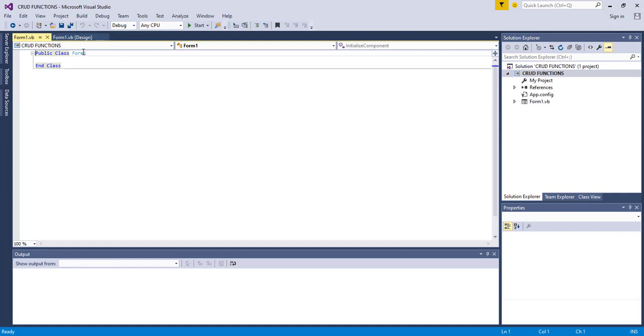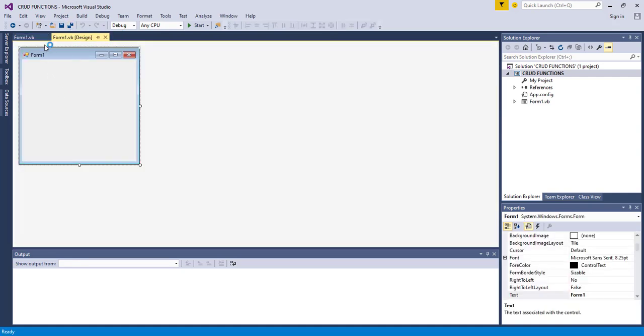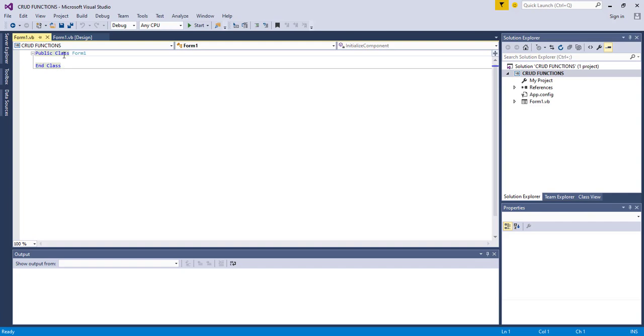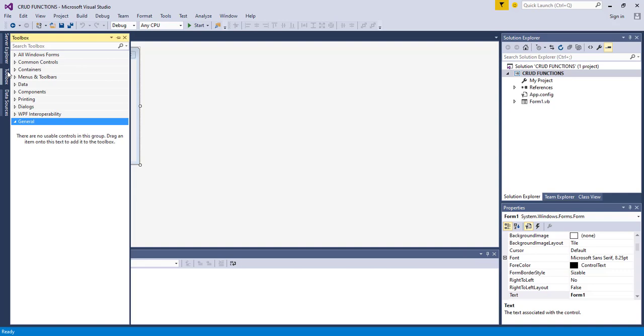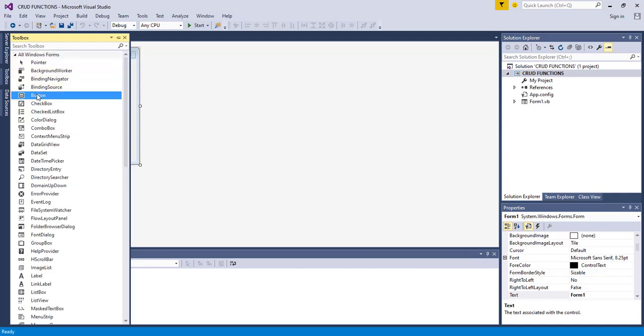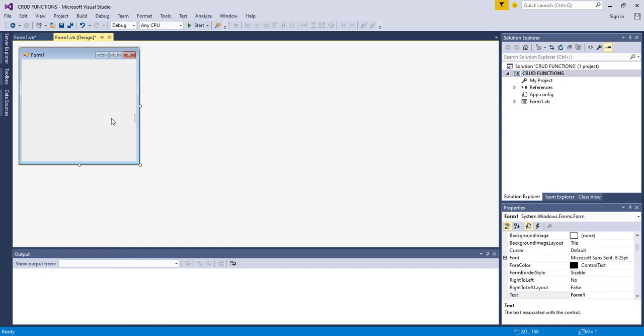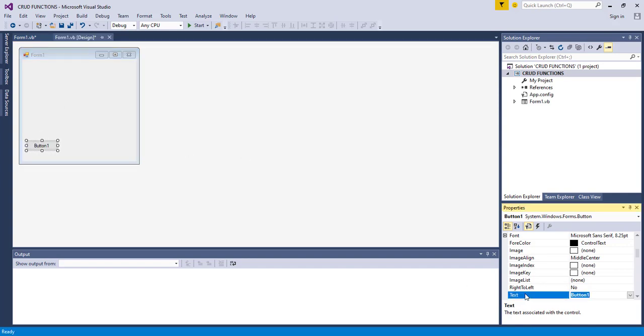So we'll be able to design whatever we want to design there, and also work with our code from that aspect. With our code, we'll also be able to add certain objects, so it becomes graphic, but we can add objects to our form. So let's say, for example, to begin with, we want to add a button. This button becomes something that we can work with on our form. So we can change the button text to create,